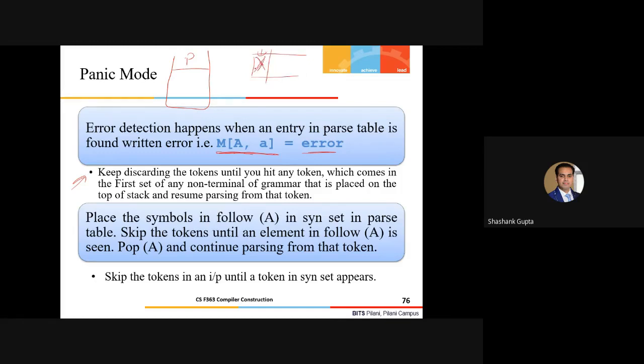Let's say this is a multiplication symbol here. And suppose you have some more variables after this and so on. And suppose this is where you hit any delimiter or anything. Let's suppose not semicolon, let me write here CH itself. And now I'll say that first of P is equivalent to C here. Right. So this is the point where it says, now I'll keep discarding the tokens until I find any symbol which comes in the first of the non-terminal which is on the top of the stack. Because that is the next exact location from where the parsing should start here.